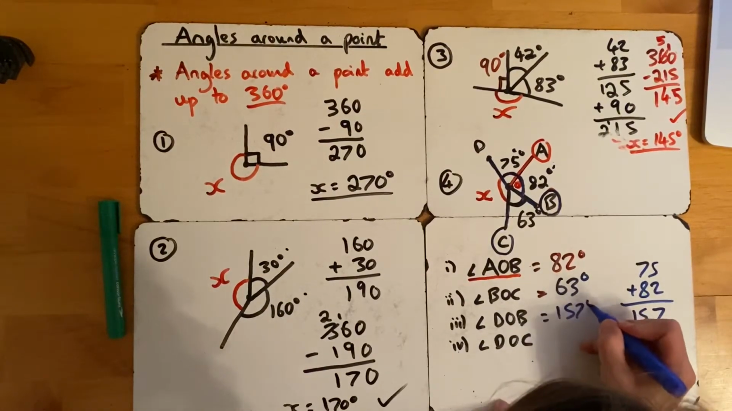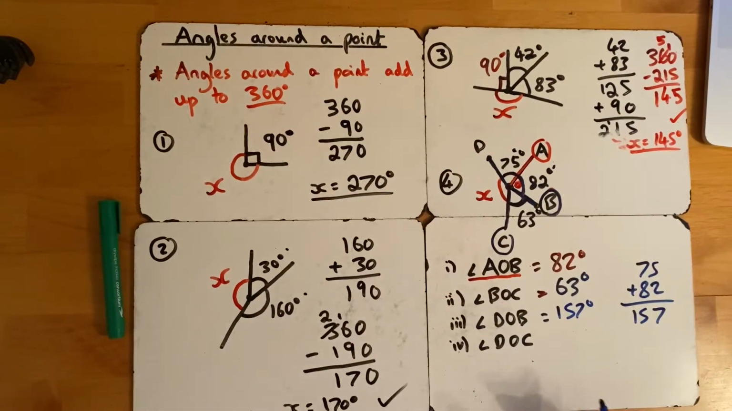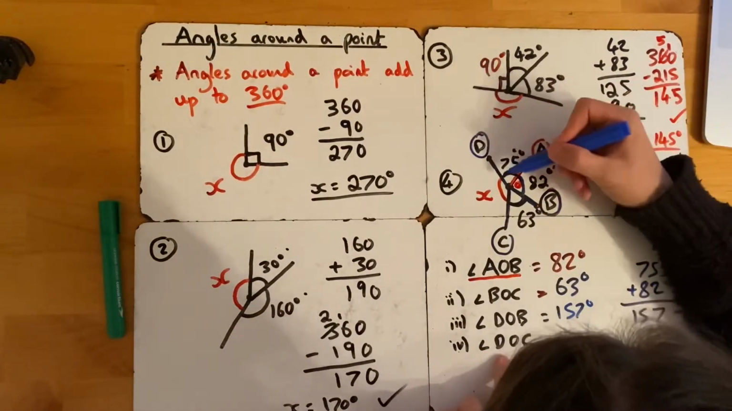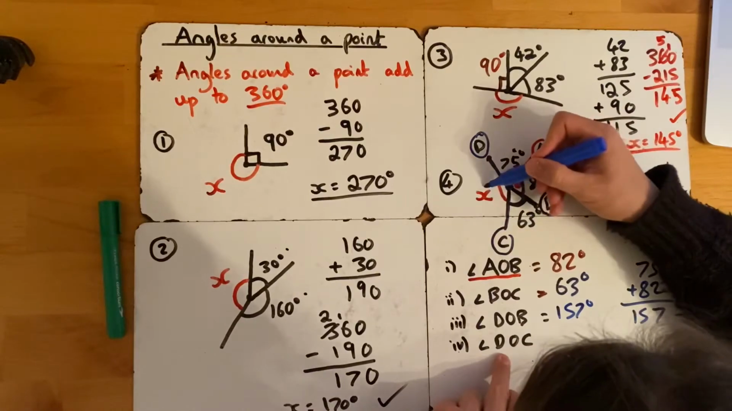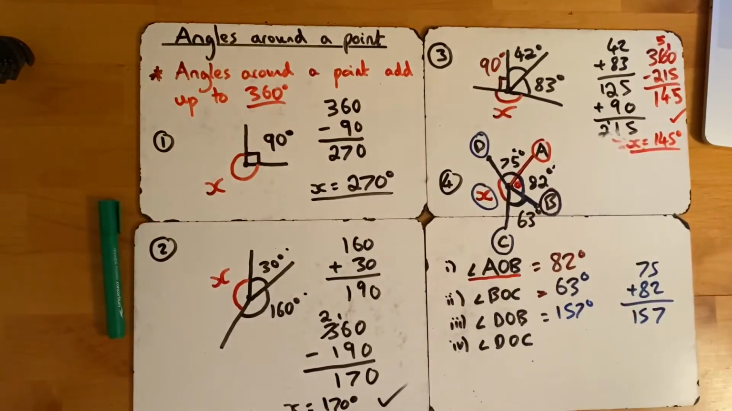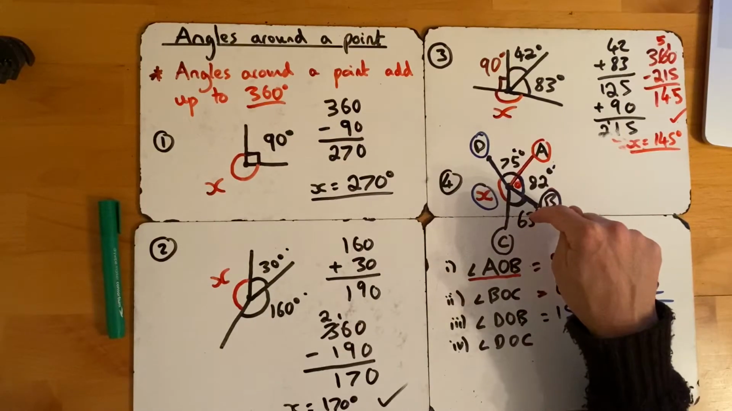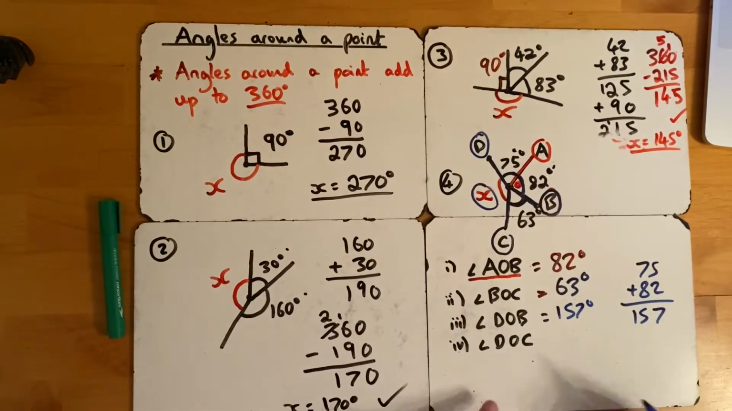So we know the answer is 157 degrees. Okay, last one. D, back to the middle, O to C. Well, that's X. That's the leftover one. So to find out the missing angle, you're going to add these three first and then take away from X. So if we do that,